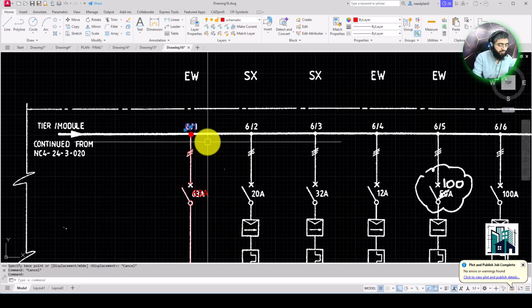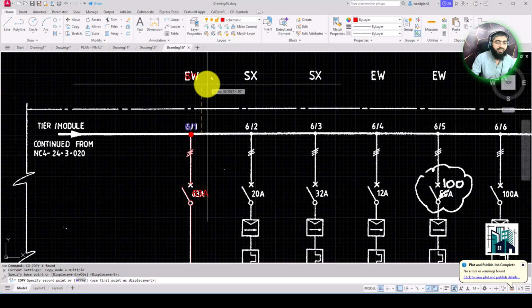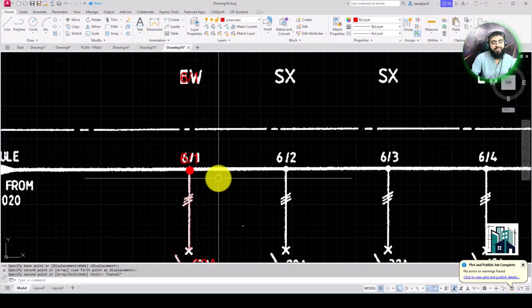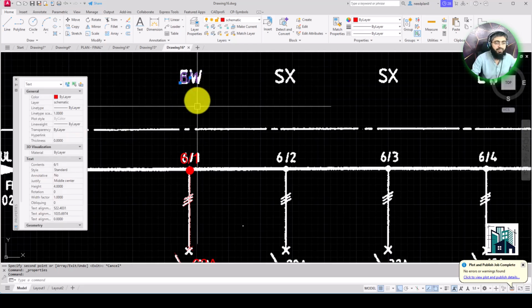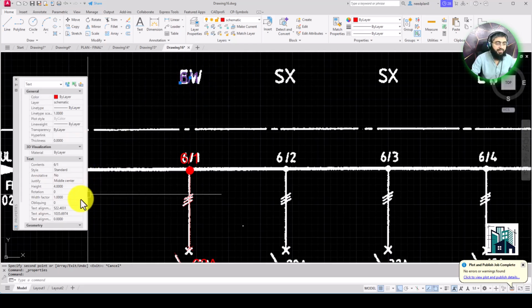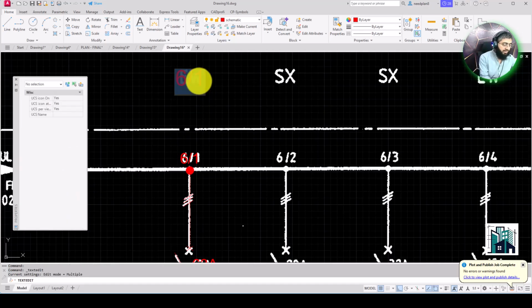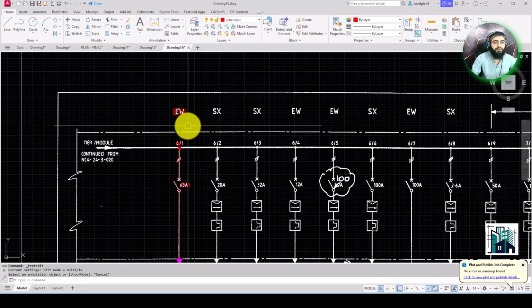Select this object and then copy, CO, and then select this, and then here. This text height is higher than this text. So the text height is a little bigger. I have to just select this and then click here and then enter 6. It should be 6, yeah. And then EW, okay, click here.